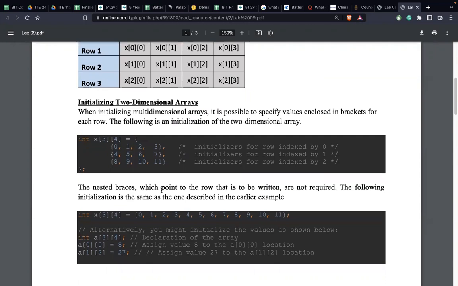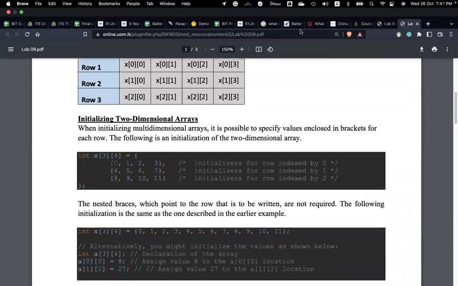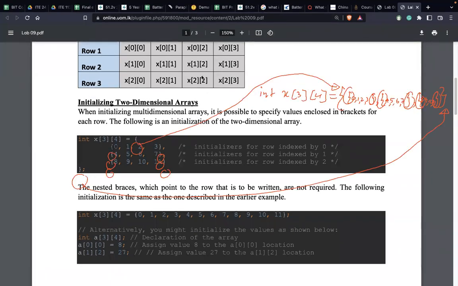The nested braces, which point to the row that is to be written, are not required. The nested braces, that means here, for an example, the starting and ending curly brace is enough. The middle curly braces are optional. That means